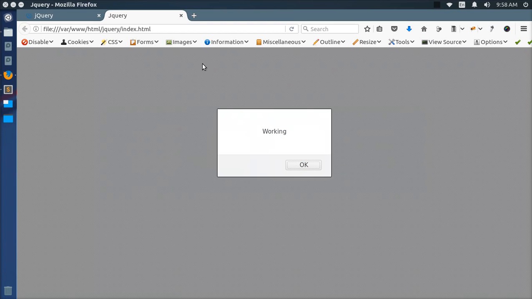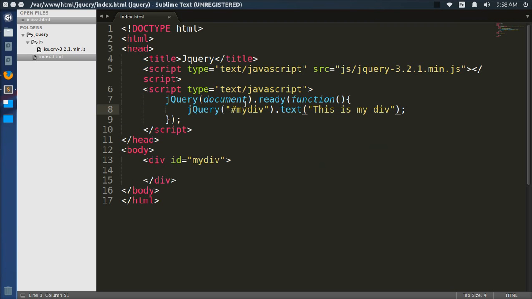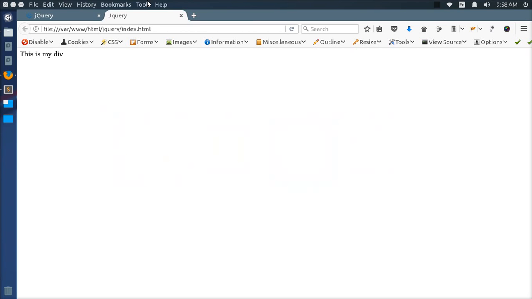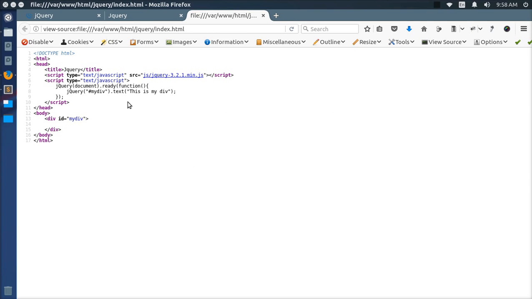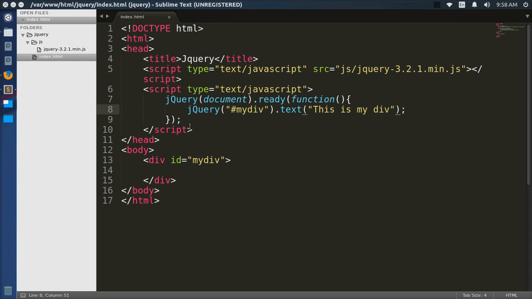Okay, and you can see this is my div, and it's coming from jQuery, not from here, because if you see the source, you can see there's nothing in this, but it's included by jQuery. The same can be done